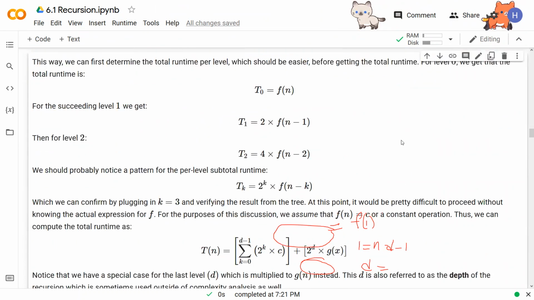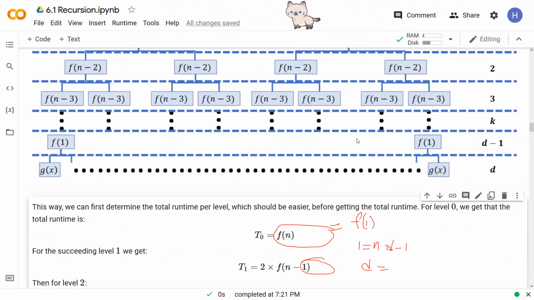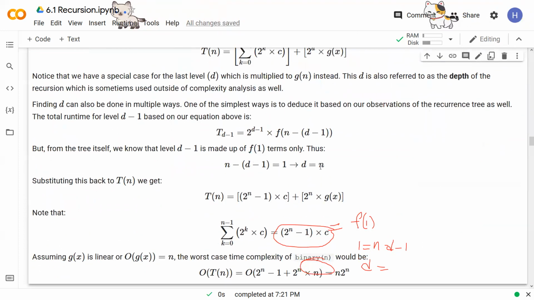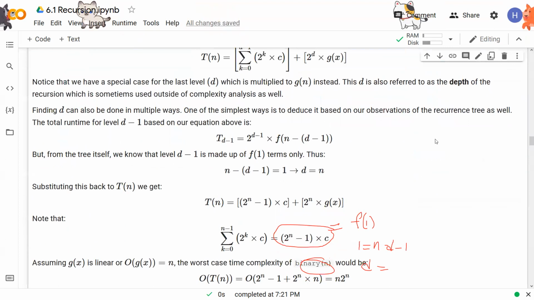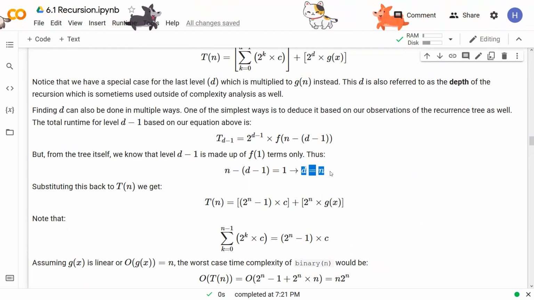So, there are multiple ways to get it. Pero yun nga, one of the simplest ways is yung tingnan mo dito sa isang level. We know that it's level d minus 1 and puro f of 1 yung mga ina-add natin. But either way, kung paano nyo man nakuha yun, you should get yung depth ng ating tree as equal to